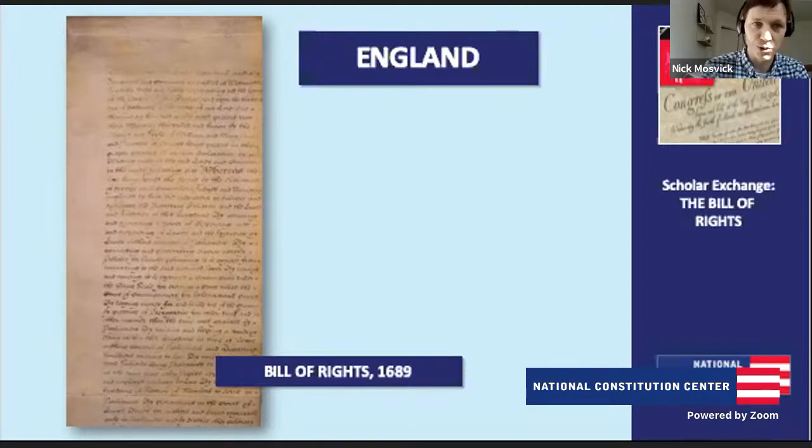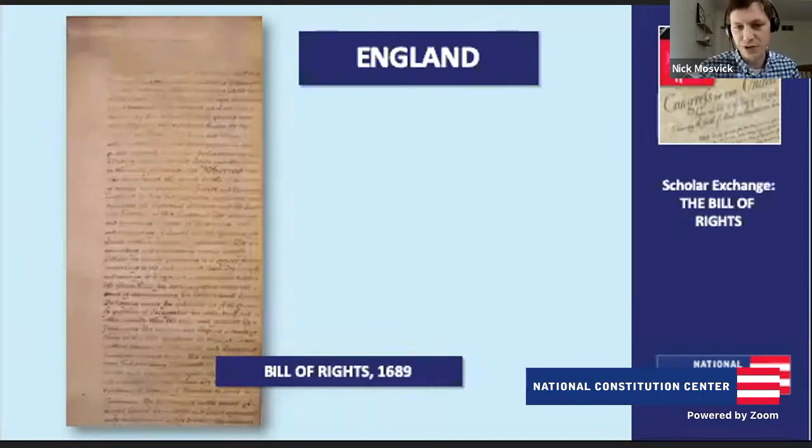So something like cruel and unusual punishments, which was in the 1689 Bill of Rights in England, was taken from the experience of the king abusing power, that he had essentially persecuted religious dissidents, for instance, and tortured them and falsely accused them. And so it was experience for them as well that had led to these particular rights being protected. So some of the language that we got for our Bill of Rights was not really changed from where it started with the English experience, right? So that's one important